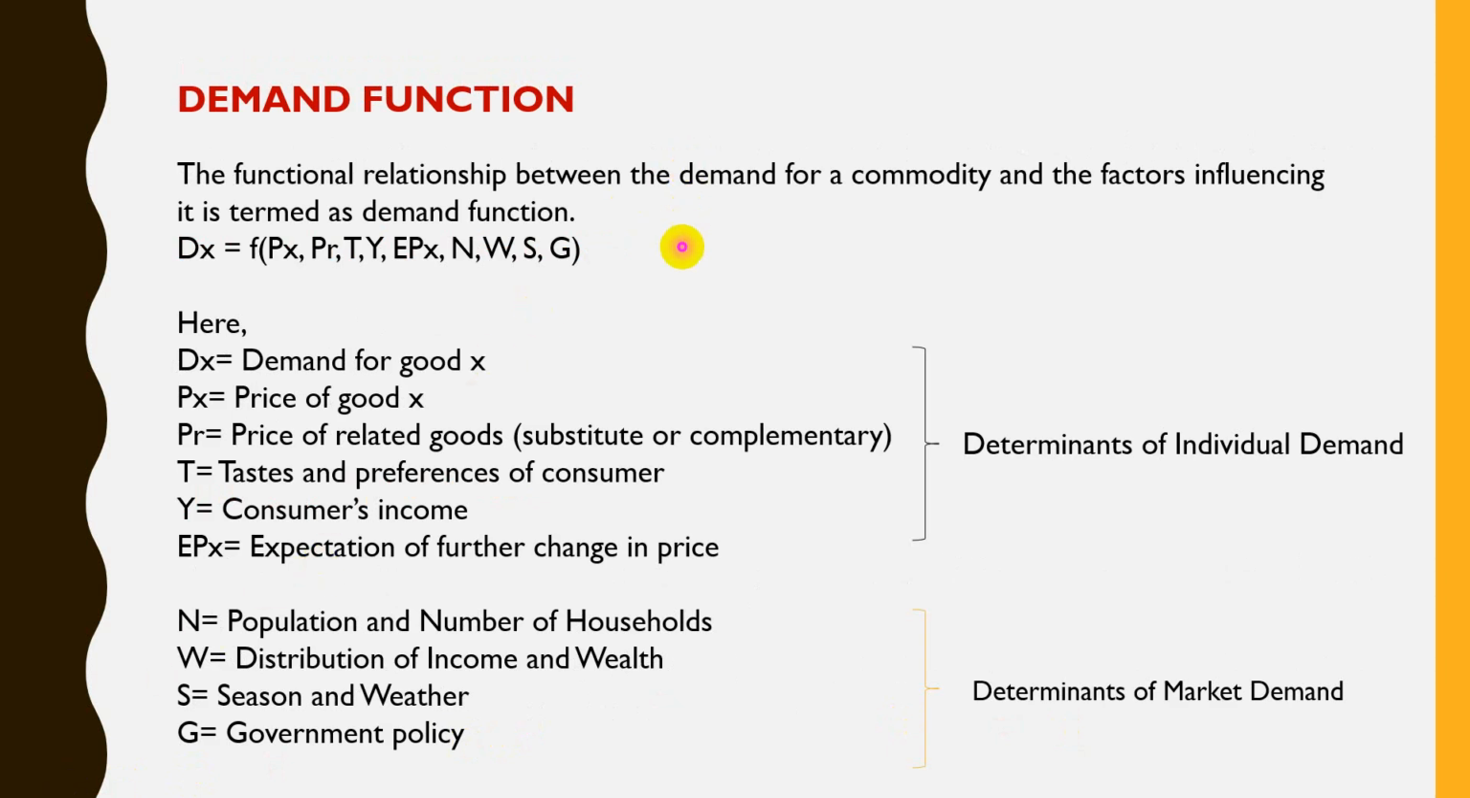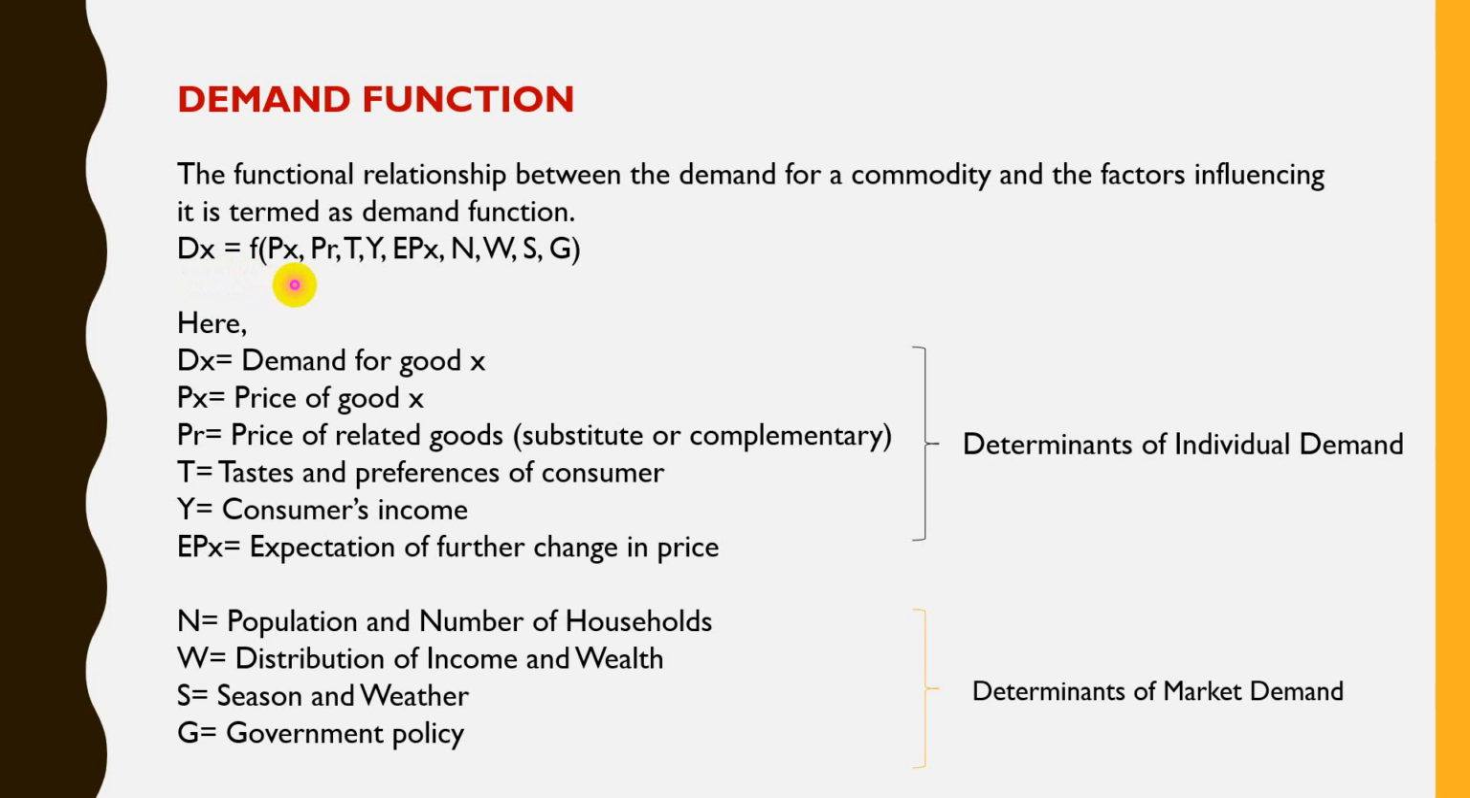Now let us know the demand function. Demand function refers to the functional relationship between the demand for a commodity and the factors influencing it. The factors which influence the demand are called demand determinants. Demand function can be mathematically expressed as